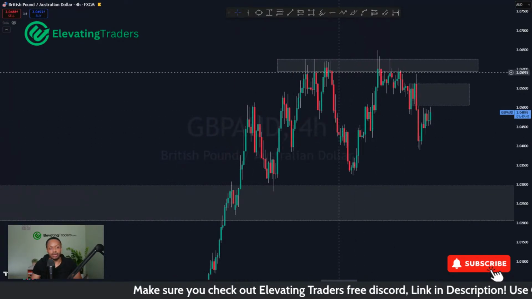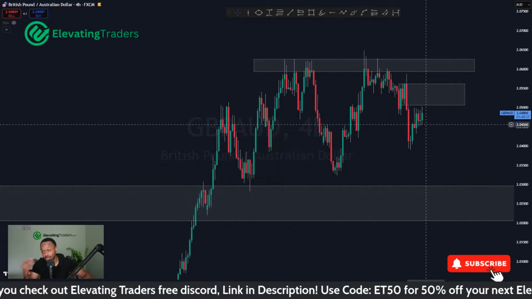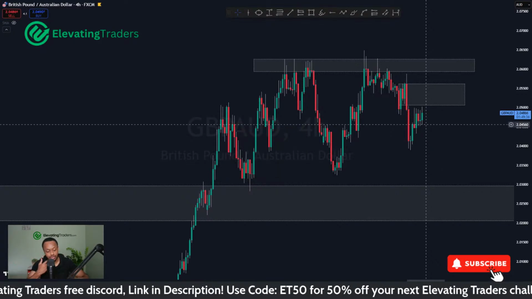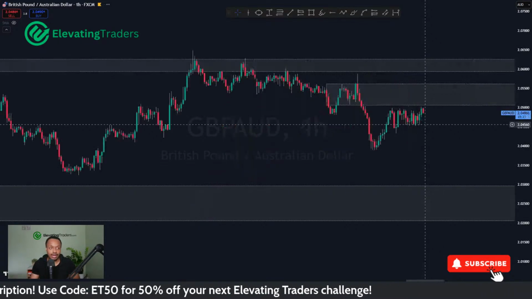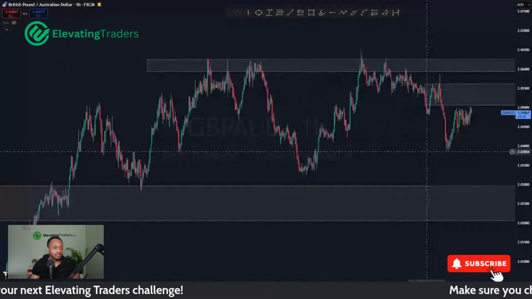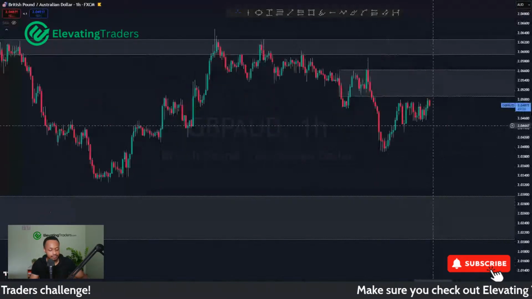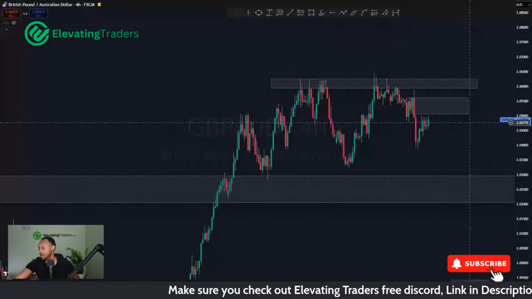But to be honest, I feel like if you're trying to get short in here, it's always going to be a little bit more difficult because it's still counter trend, and your stop loss is not really above a secure place right now. So it's always going to be a bit more vulnerable, a bit more difficult of a trade. But I do expect us to retrace still.